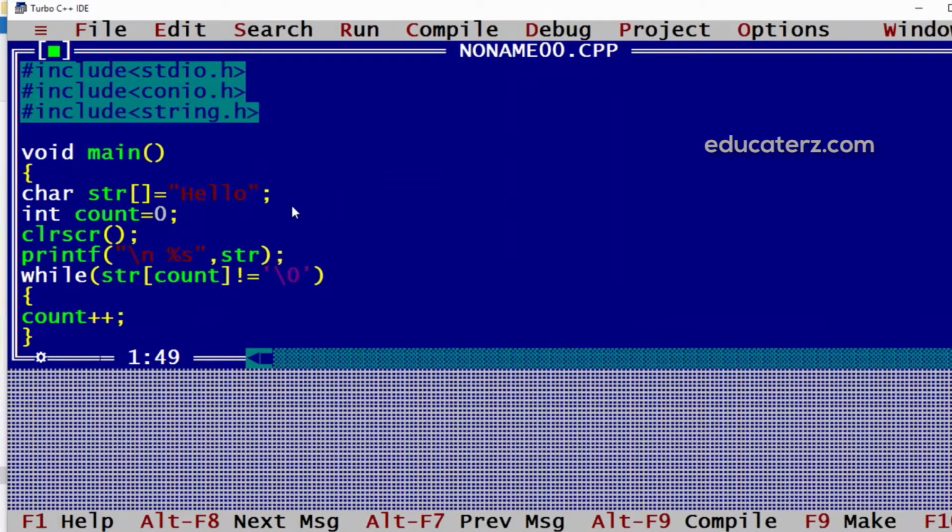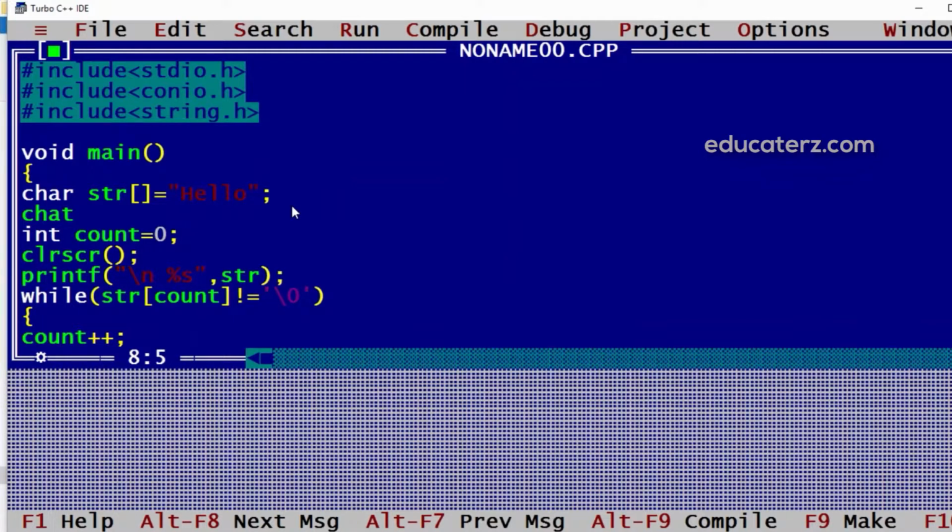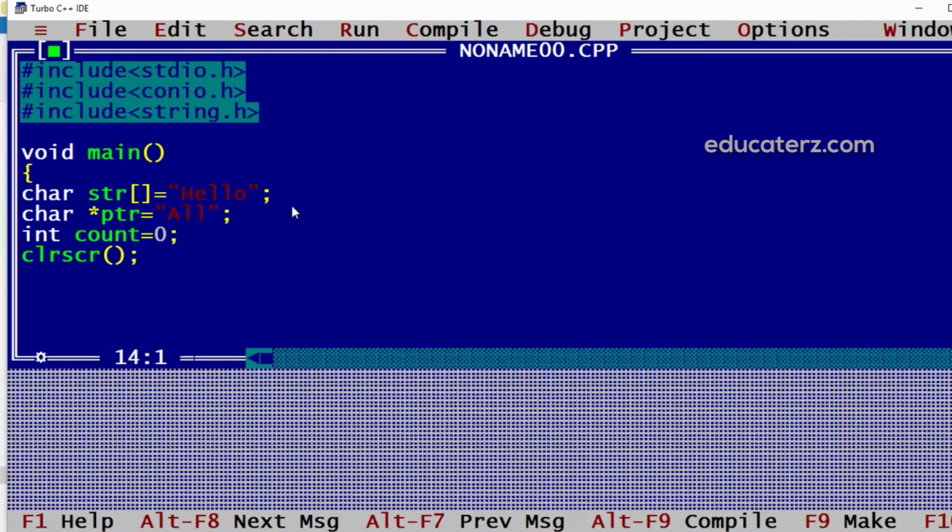Now as we have discussed, we can initialize a string or store a string in a character pointer also. So we'll check that out practically. If we have a character pointer, this pointer also can hold the value. Say I'll store here "all". Now when I store a value in a pointer, we have seen that we can even change the value this way, reinitialize it.